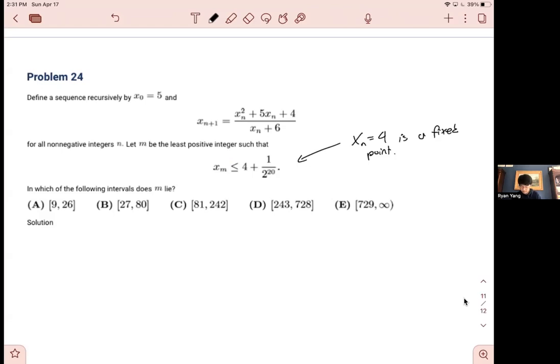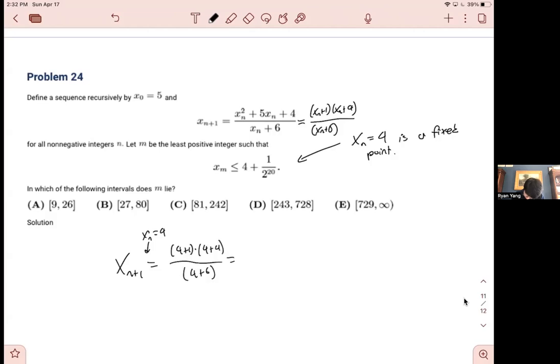back. We can also factor this: x n plus 6 times x n plus 1 times 6. So if we were to plug that in, if x n equals 4, then x sub n plus 1 equals 4 plus 1 times 4 plus 4 over 4 plus 6, which is equal to 40 over 10, which equals 4. Nice. So we are now very confident that x sub n equals 4 is a very important